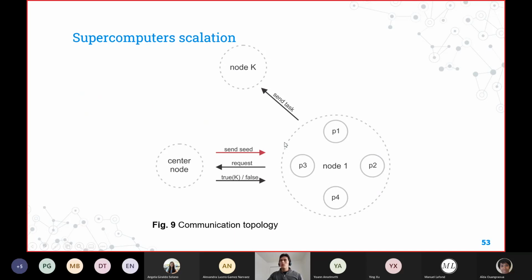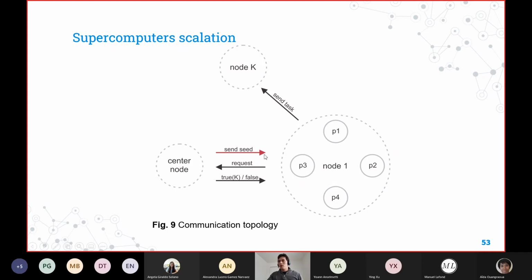But if we are going to use this in a supercomputer, everything is going to be executed initially by the center node. The center node is going to send the input data, or a seed as we call it here, to node number 1 by convention. All the nodes will be aware of any other node. And then when this node runs out of processors because they get busy and it still needs help, it will just request help from the center node.